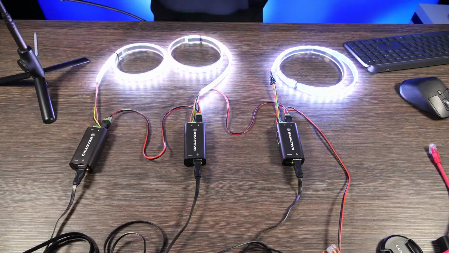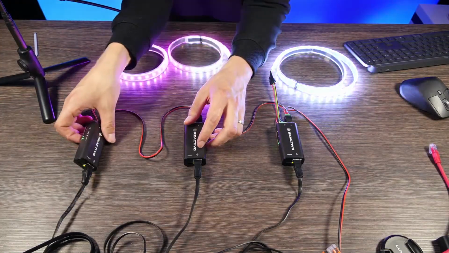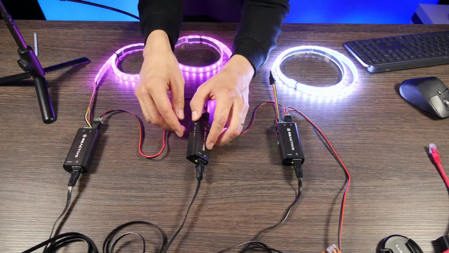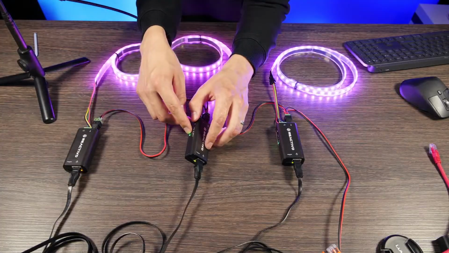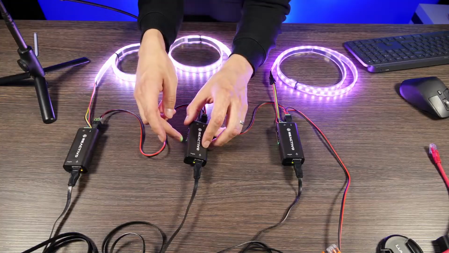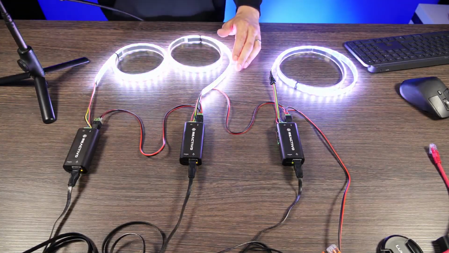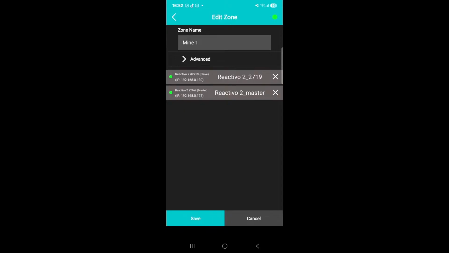There is a good indication on the controller itself. Whenever this green LED is blinking, it means that it is in a zone, so you know that this is your slave device, your slave controller, and this one is not in the zone anymore. So after a while, even though they are playing the same animation, they will get out of sync. Once I remove the master,